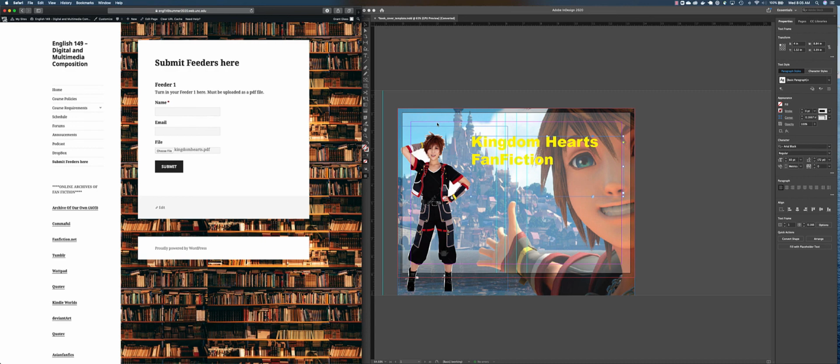Remember, if you're less comfortable with InDesign, because I understand it is a complex piece of software, and you're more comfortable with using something else, please do that. I don't want to make this harder for you, but I also want to show you, here's some software that professionals use.